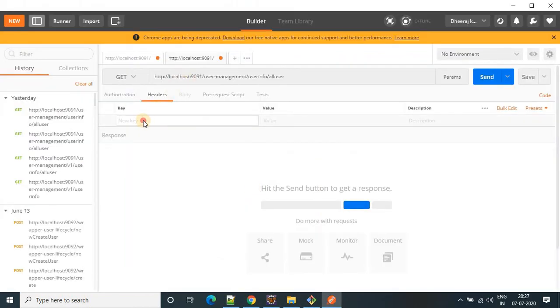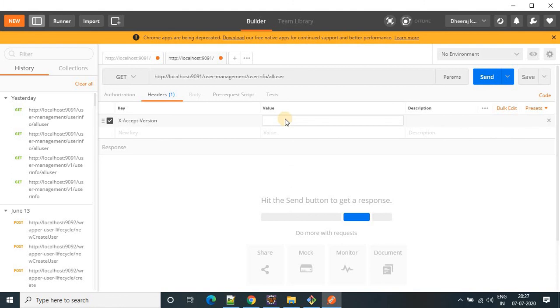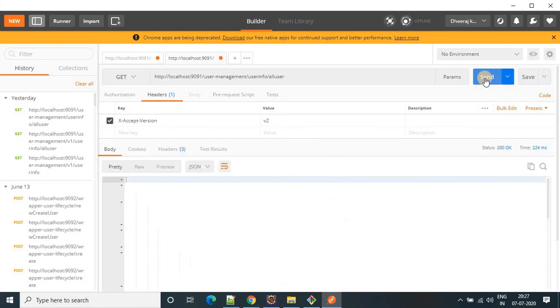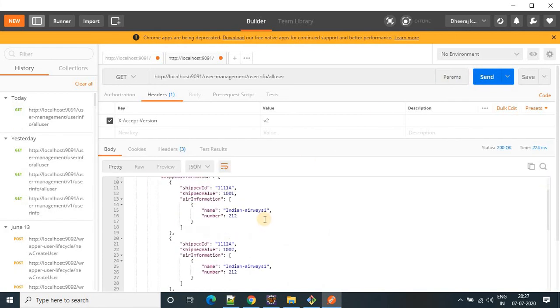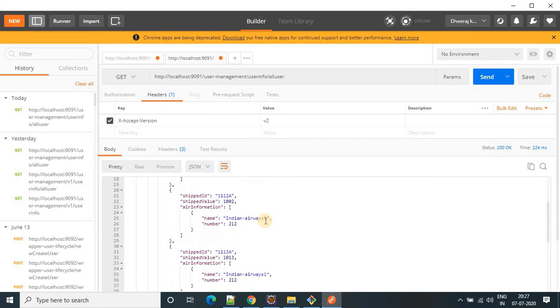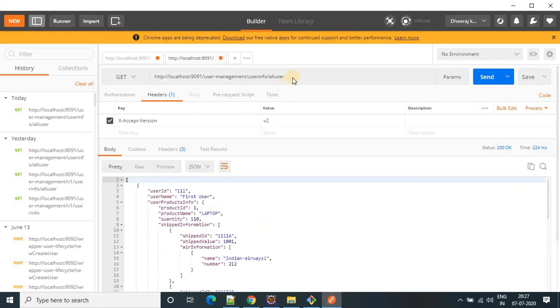Provide the key here, and the value, let's suppose I want to run V2. So provide V2 here and hit. See, we are getting the output here. Now if I want to run V1, my URL is the same, only I have to provide V1 in the header. So it will connect to V1.